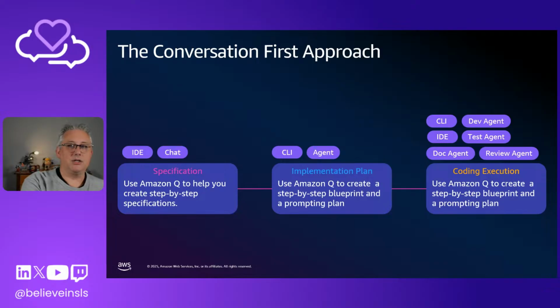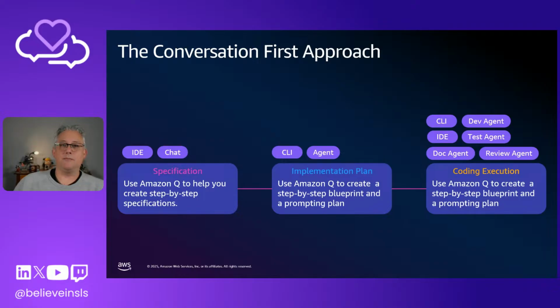But specification, implementation plan, coding execution. Now, you do the code execution by preparing prompts. You have to give prompts. So developers really are starting to become prompt engineers and guides for AI systems. And I feel that's where we're going in the future. But beware, you don't need to write the prompts. I don't need to write the prompts. You can actually get AI to write the prompts for you.